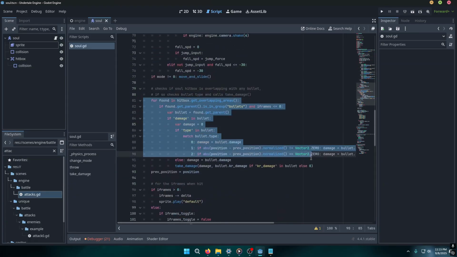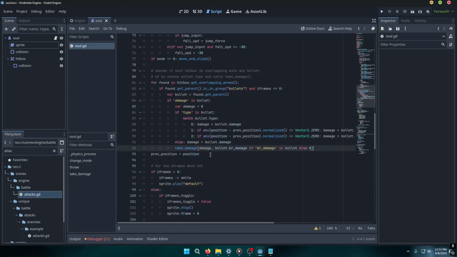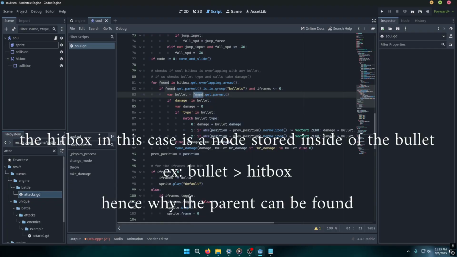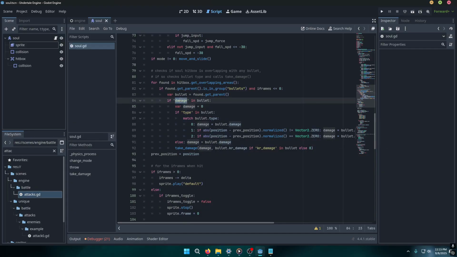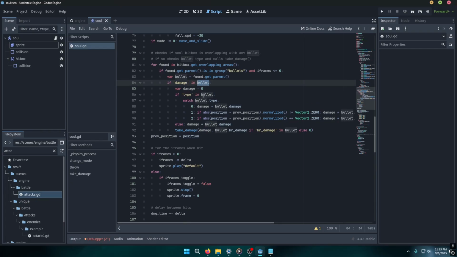Okay, this is the block of code that determines collisions with bullets. So it basically checks the hitbox, the soul hitboxes, the areas that it's overlapping, and it checks if it's in a group called bullets, and if you're able to take damage, which is the iframes. So if that's found, it sets the bullet to found.getParent. Found is the area that it finds, so getParent would be the bullet. So it basically checks if there's a variable called damage in the bullet. If there is,